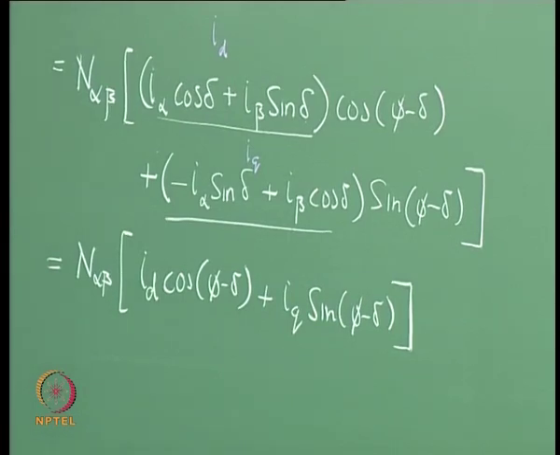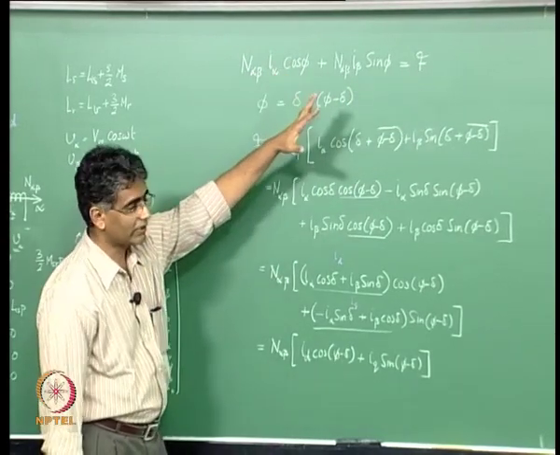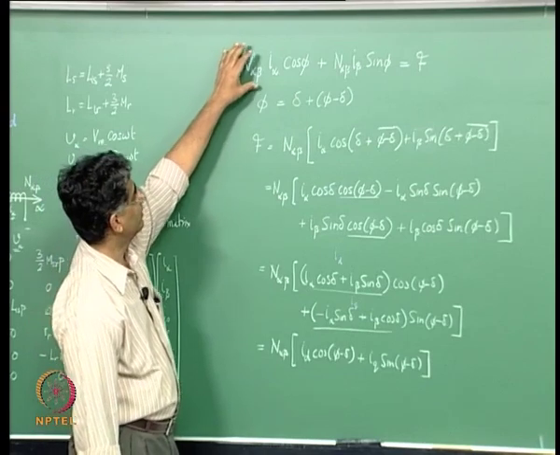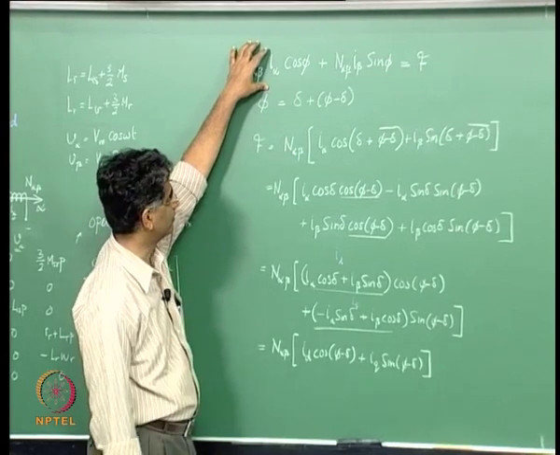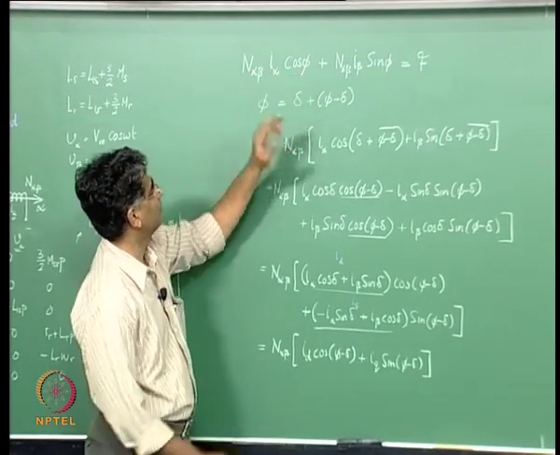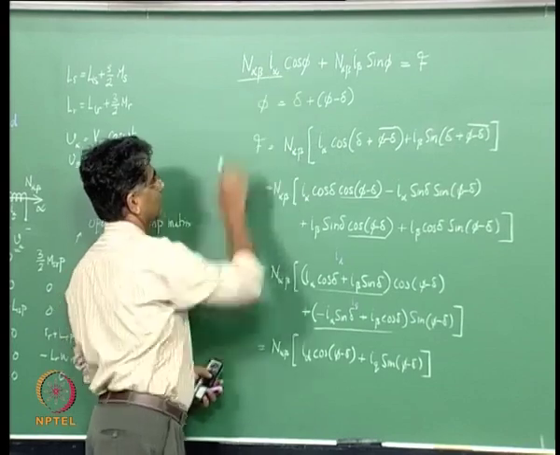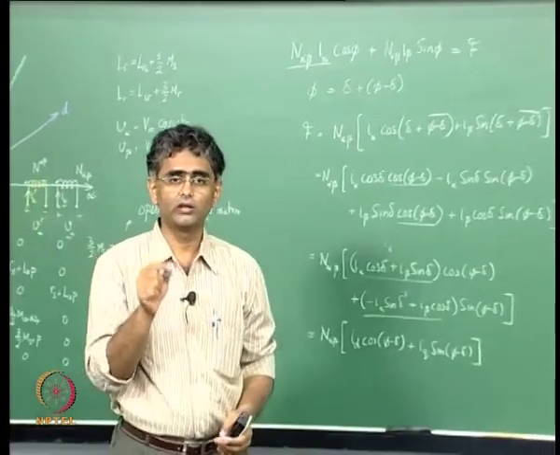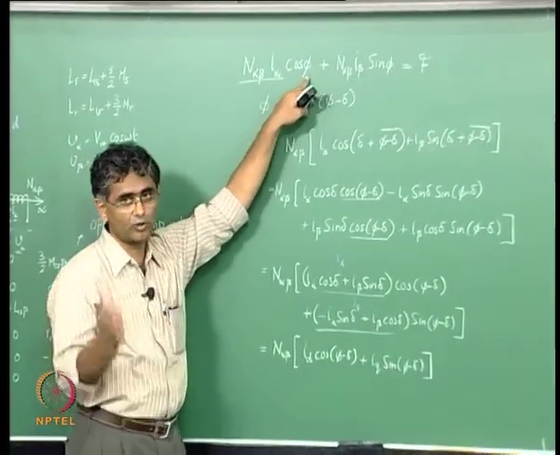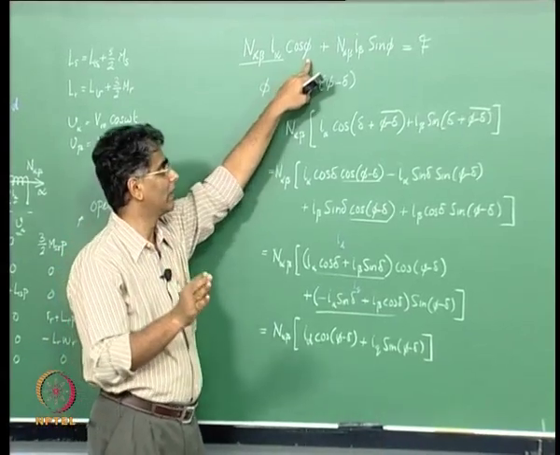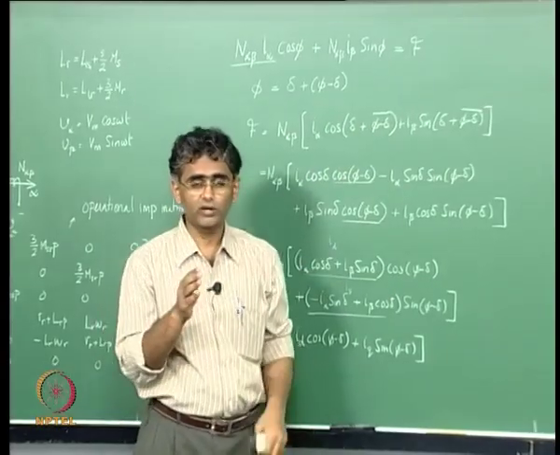Now, let us look at the first expression. The first expression says that the MMF at this angle phi is given by some maximum value of MMF around the circumference multiplied by cos phi. It is multiplied by cos phi because this MMF source, which is the flow of current in this coil along the alpha axis, is separated by an angle phi from the point at which we want to determine the MMF. Similarly, this coil is separated by an angle of 90 minus phi from the point where we want to determine